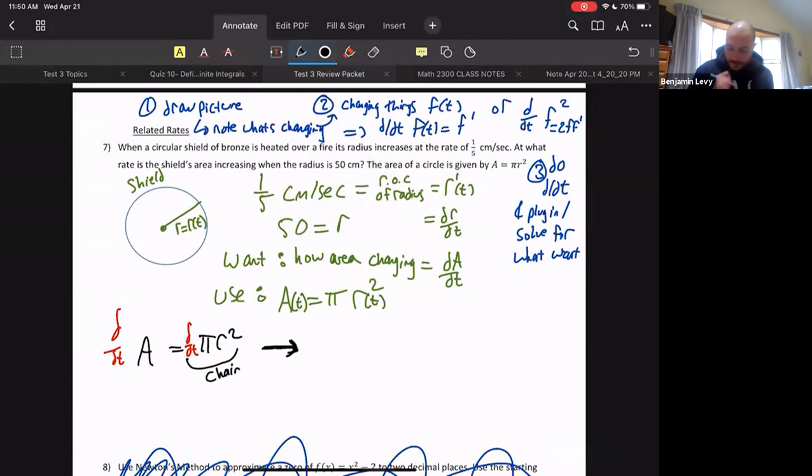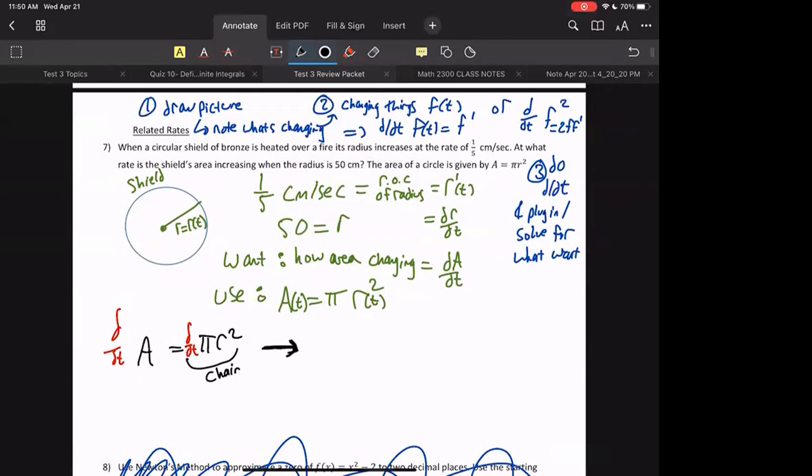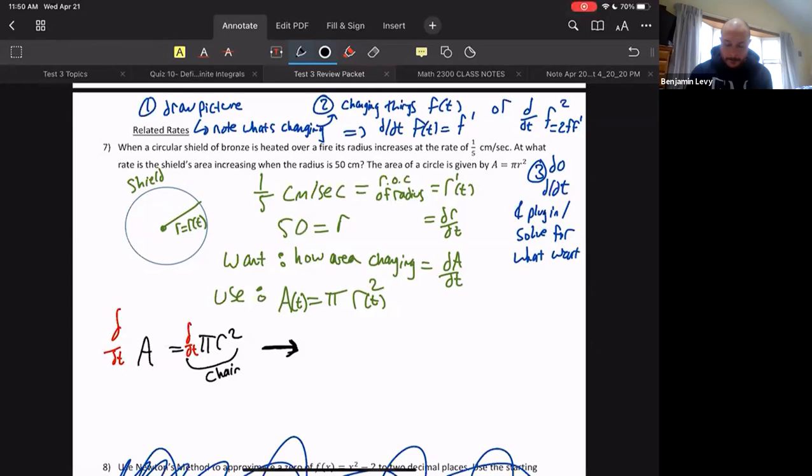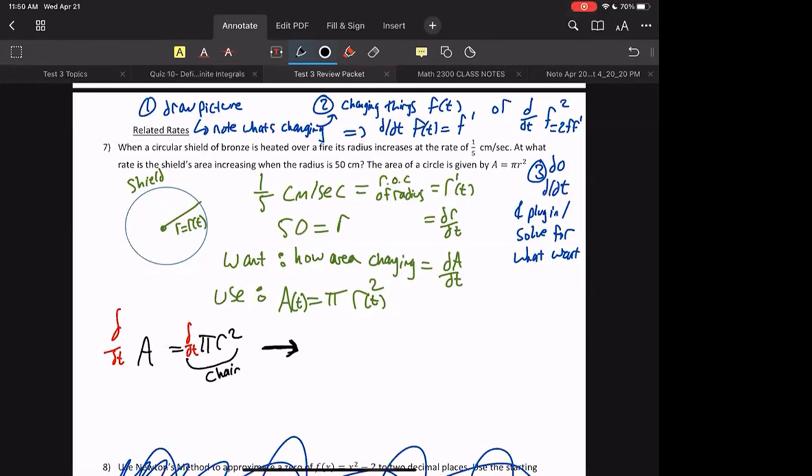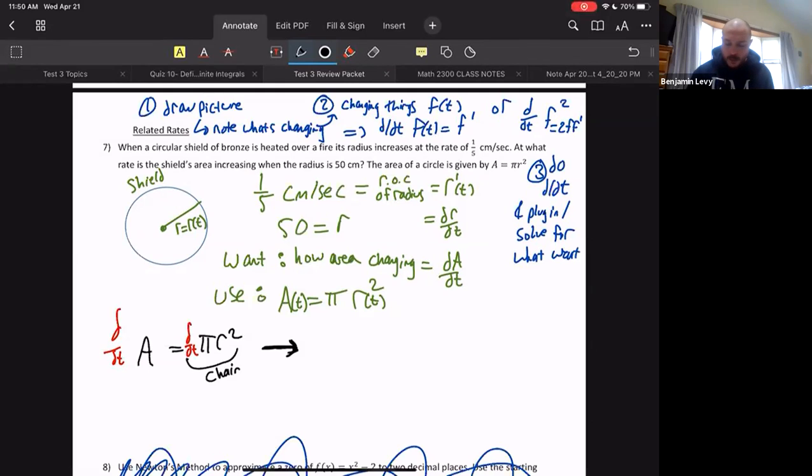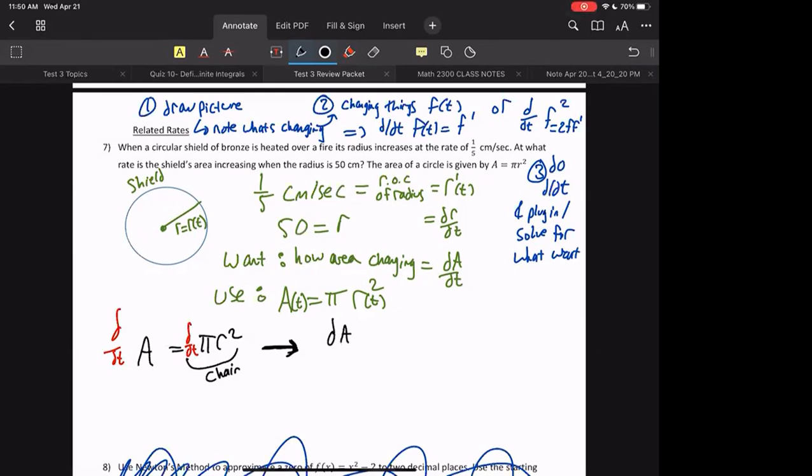Well, isn't pi going to be, what's it called, a constant? It's a constant, so it's just going to come out. You don't have to care about it. Exactly, you just ignore that. And yeah, we just find the chain rule of r of t squared. And what does that become? I'm not really good at this, but 2R times R prime.